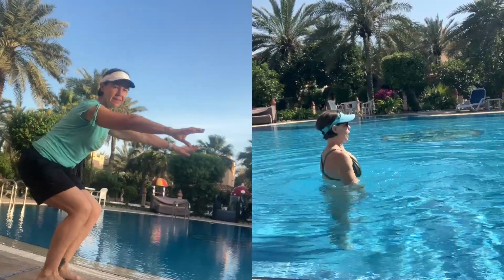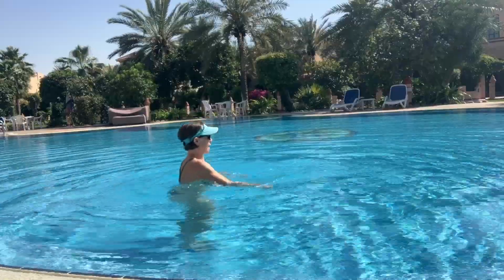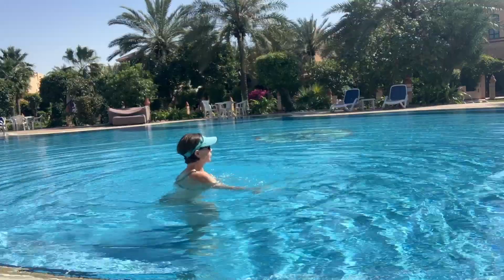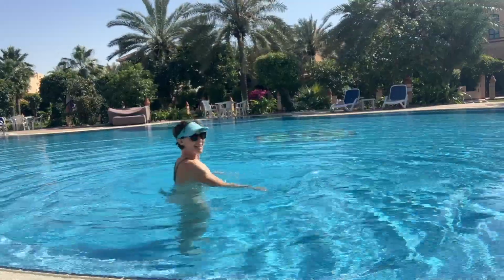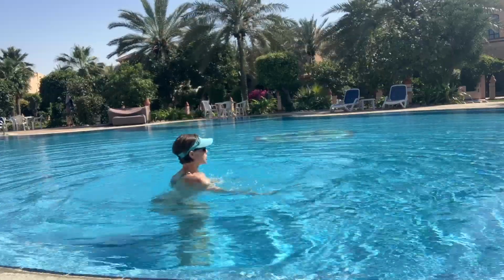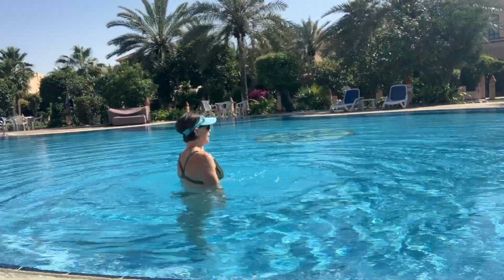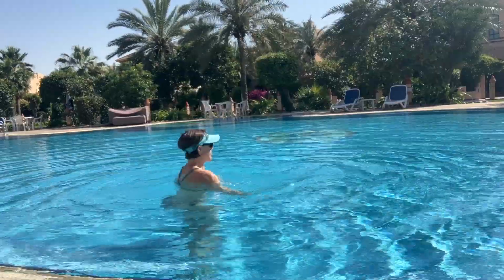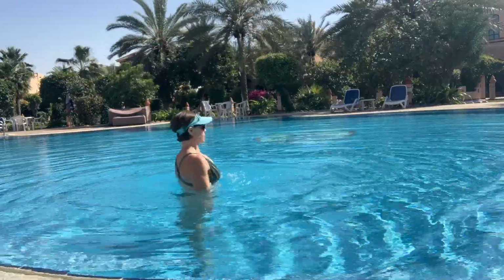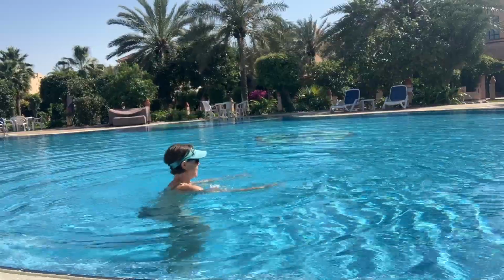Let's make it a little bit explosive. As you come down, push your heels into the floor and you come up with an explosive big move. Push, up, push, up. Good. Like you're bringing all your weight down to the bottom of the floor, pushing your feet into the floor, and then lifting up. 8, 7, 6, 5,